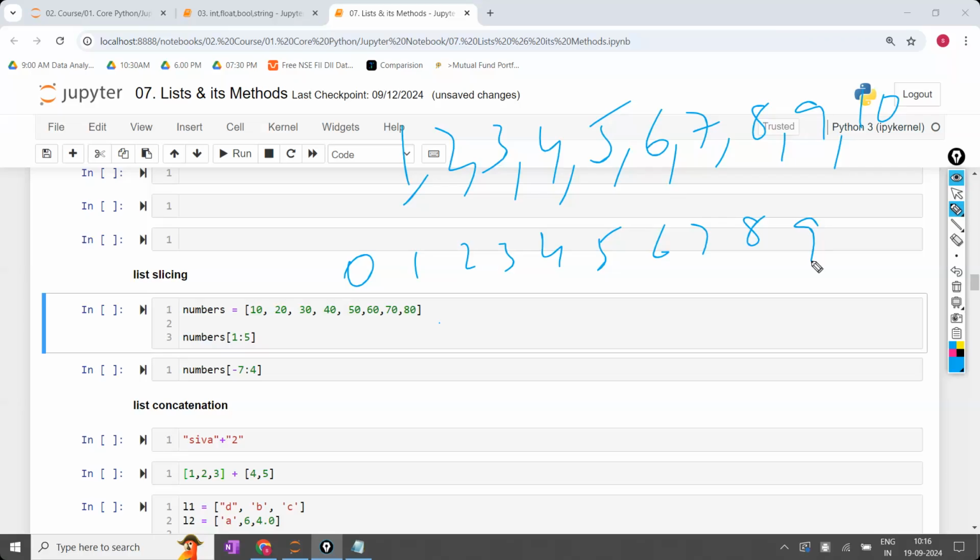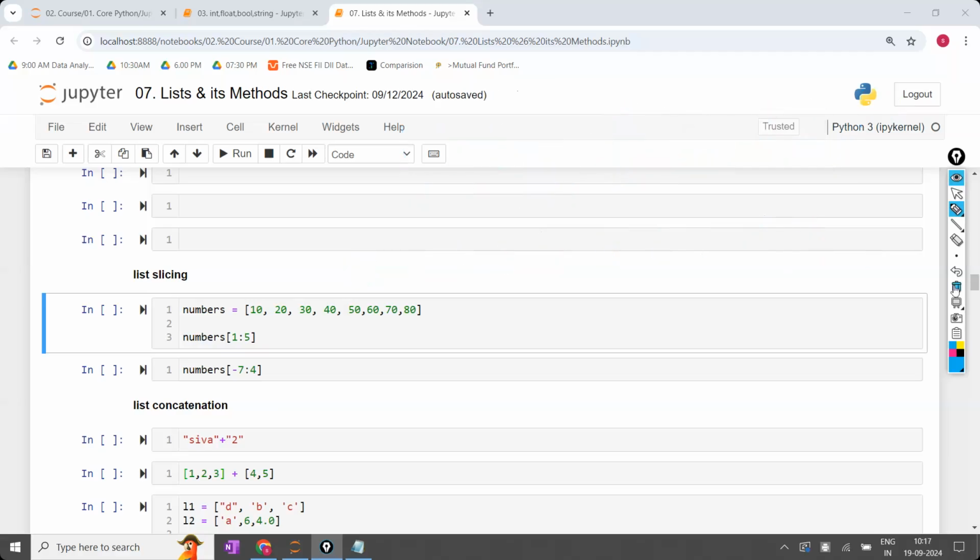If anyone asks, tell me the first 10 numbers, any school kid will always start with 1 and end with 10. But Python starts with the first number as 0. Now, if a total of 10 numbers has to be selected, when you are starting with 0, the last number should not be included. If the last number is also included, 11 numbers will come. So that is the reason the slicing operation will not include the last, because it starts with 0 as the initial number. If Python had started indexing with 1 only,